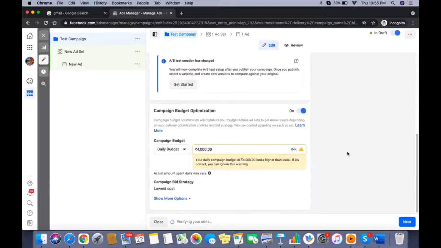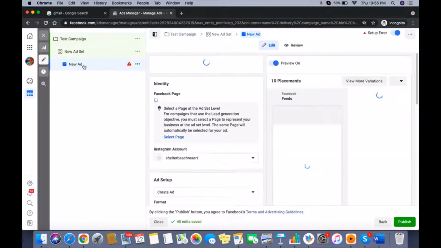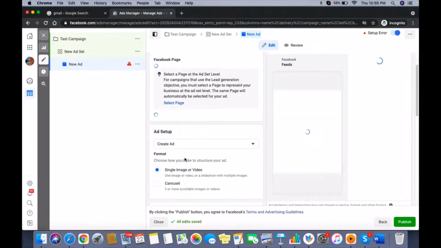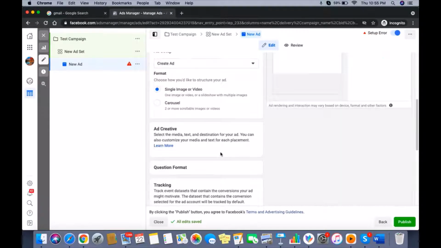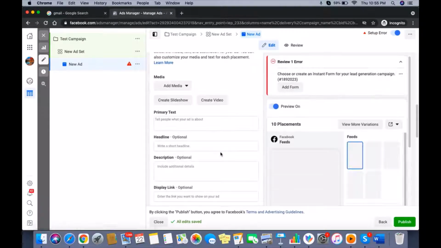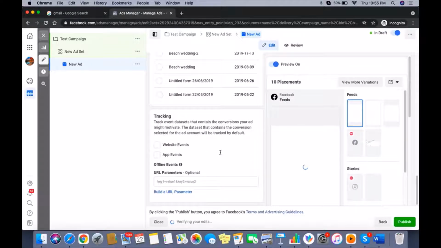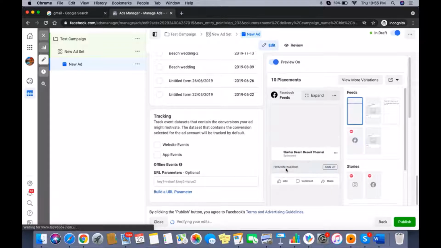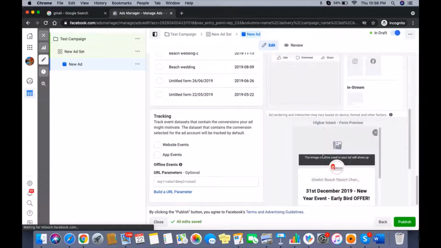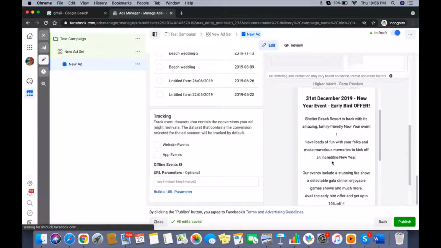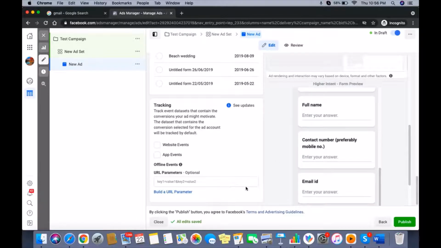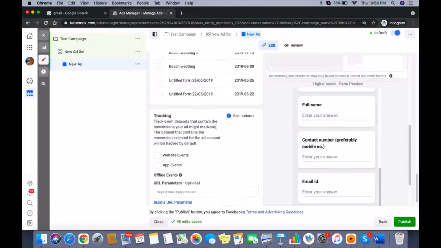I'm just making a test campaign. I'm not going to do anything on the ad campaign, since I just wanted to show you one thing towards the end, which is where we do the entire automation. With a lead generation campaign, you will have a lead form.